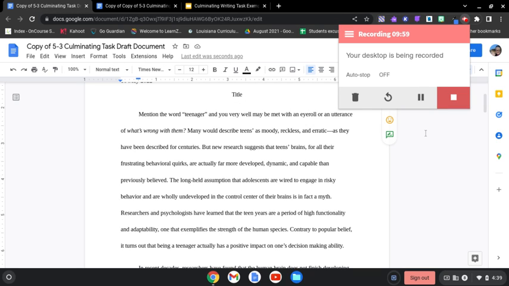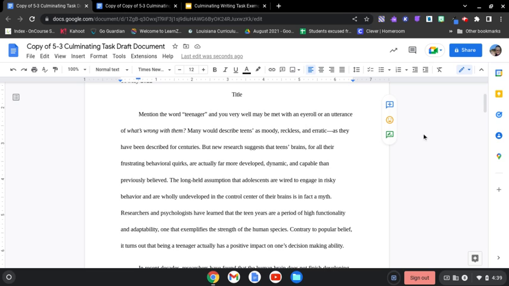Now, if you go back up to underneath the title, you'll notice that I have included the introductory paragraph. Mention the word teenager, and you very well may be met with an eye roll or an utterance of, "What's wrong with them?" Many would describe teens as moody, reckless, and erratic, as they have been described for centuries. But new research suggests that teens' brains, for all their frustrating behavioral quirks, are actually far more developed, dynamic, and